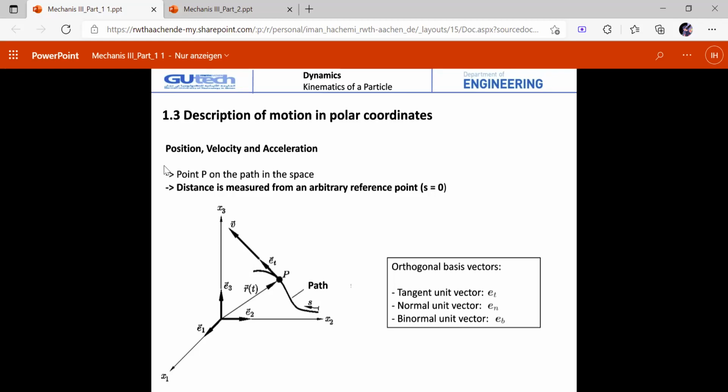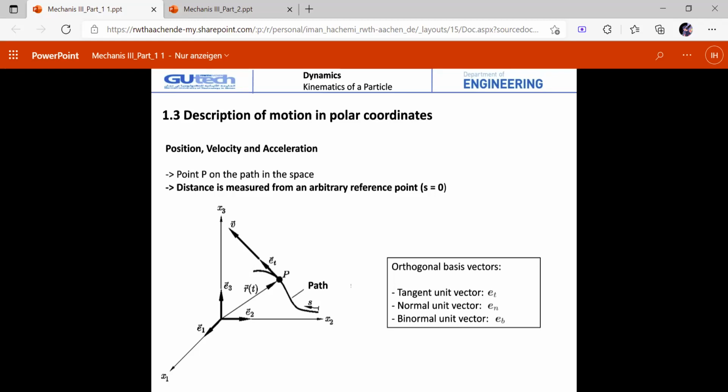That means we start now here with a 2D problem, where we have the coordinate system x1, x2, and x3, where we have the point P moving on this path, and we say this is the S, it's only the position. That means we now use a polar coordinate system, particularly for circular